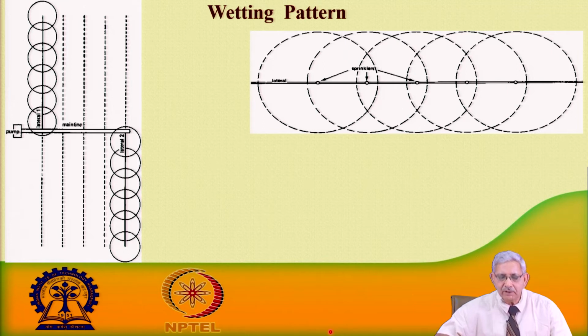A typical sprinkler system, when sprinklers are laid or connected with the lateral. So, you can see here this is one lateral. Now, this lateral is connected, let us see in here, water is taken from some source with the help of pump, and it is supplied by using a main line, and on this main line the laterals are attached. One lateral is here, another lateral is here, and then laterals are moved forward.